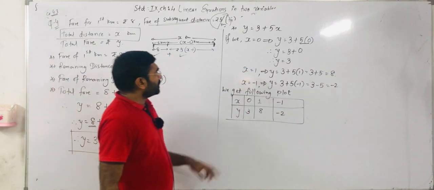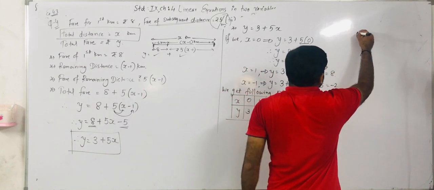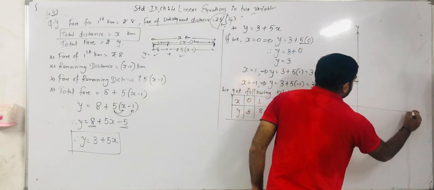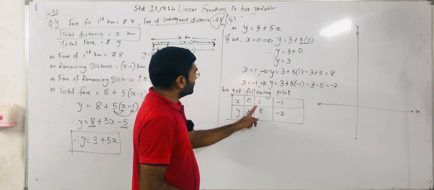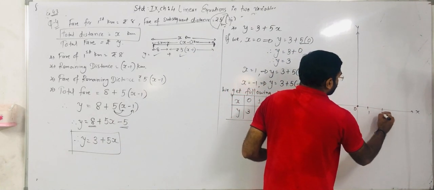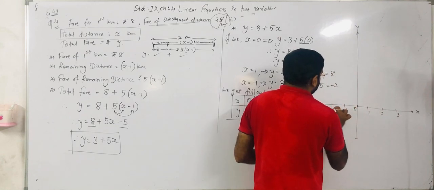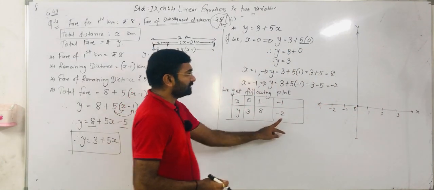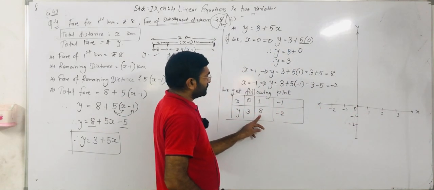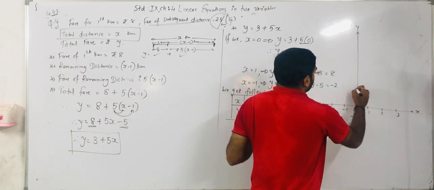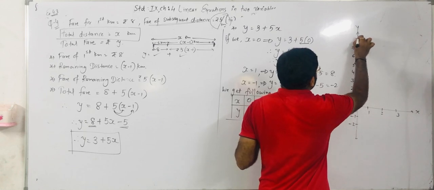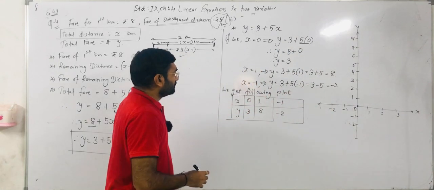Okay. Now we have to plot this graph. So here I plot the graph. This is the y-axis and this is the x-axis. Now observe on the x-axis we need 0, 1 and minus 1. So 0, this is 1, 2, 3, minus 1, minus 2. Observe in our y coordinates, the minimum value is minus 2, so on the negative y-axis we require up to minus 2. The maximum positive value is 8, so up to 8 we have to write on the positive y-axis. Right? Up to 6, 7 and 8.